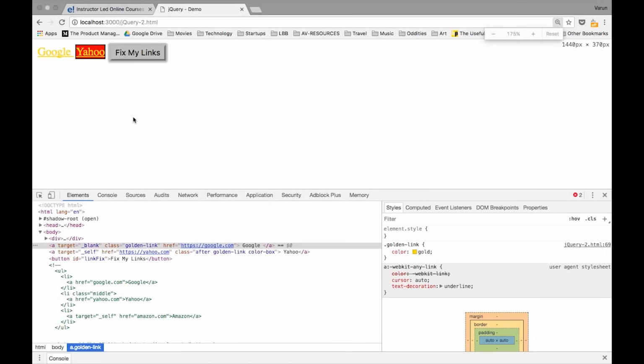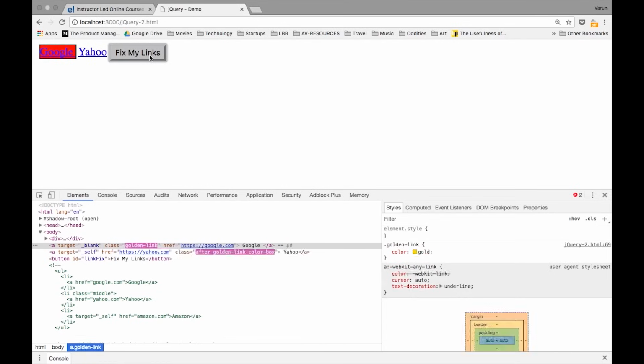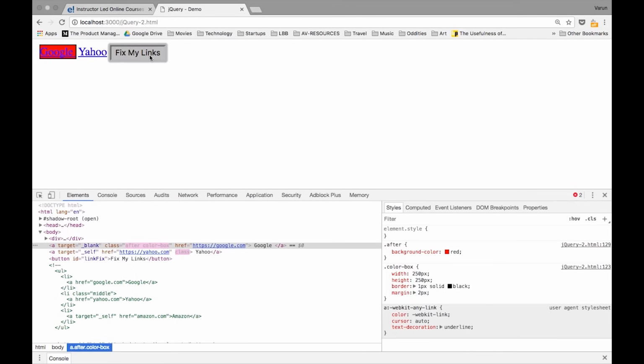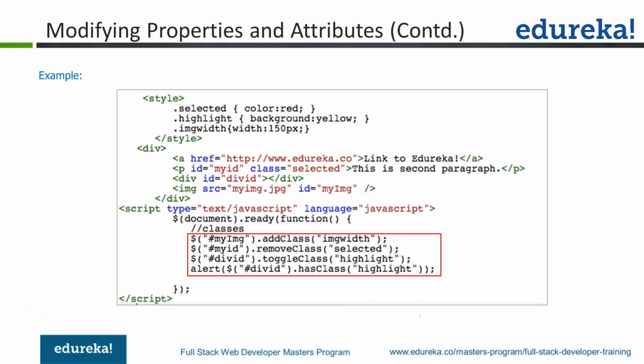Let me actually zoom in. So if you notice, the DOM is changing accordingly every time. I can do this a number of times. This will keep happening. Let's go back to the slides. Right, so as you can see in the example that I've just shown, this follows a slightly different example. Perhaps you can try it out at your end and see the results, or you can try out the example